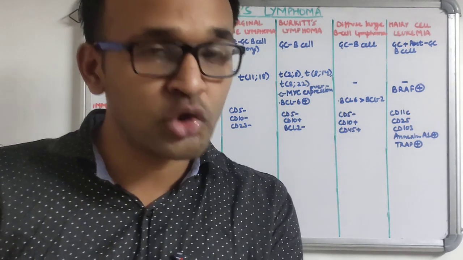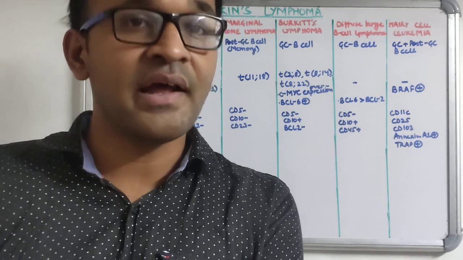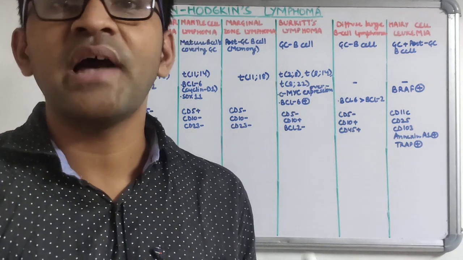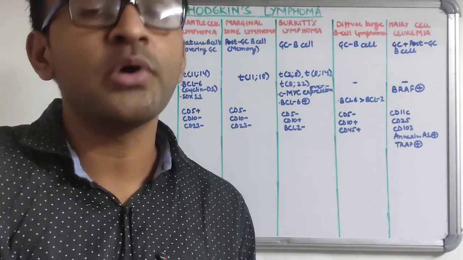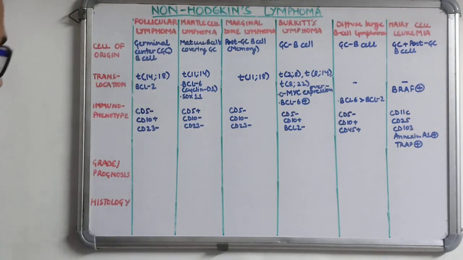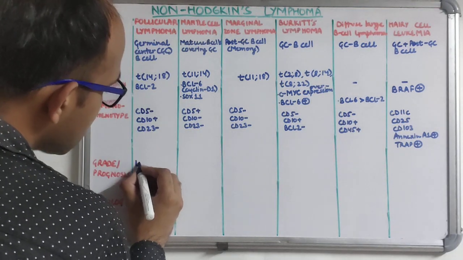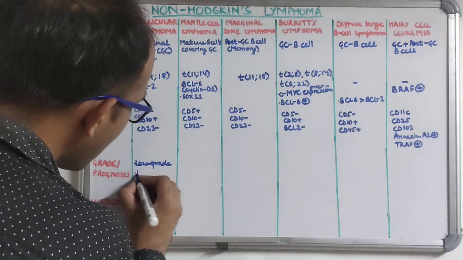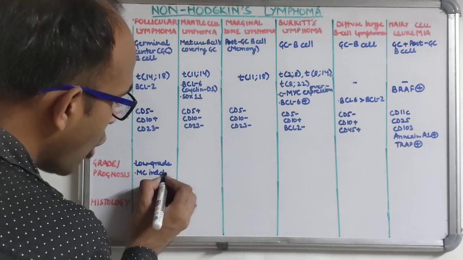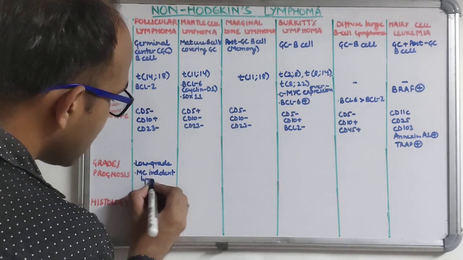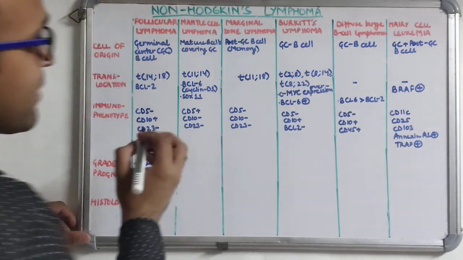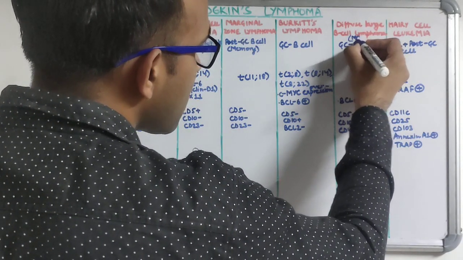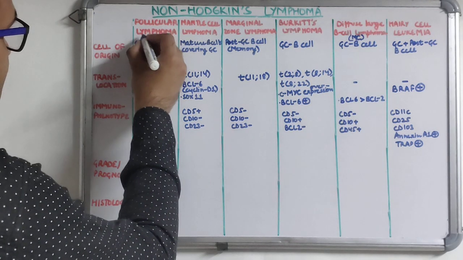So low grade lymphomas, although they do not require urgent treatment, can be observed and are sensitive to therapy, but they are not curable in the majority of cases. But aggressive lymphoma, if treated promptly, is potentially curable. When we talk about follicular lymphoma, we say it is low grade or indolent lymphoma. If asked which is the most common indolent lymphoma, that is follicular lymphoma, and overall it is the second most common lymphoma. But overall DLBCL is the most common lymphoma, and follicular lymphoma is the second most common.